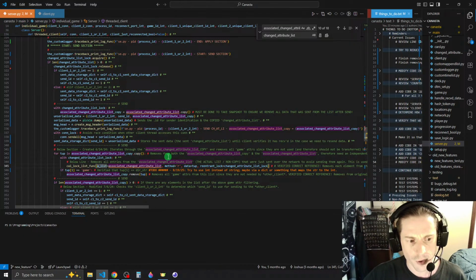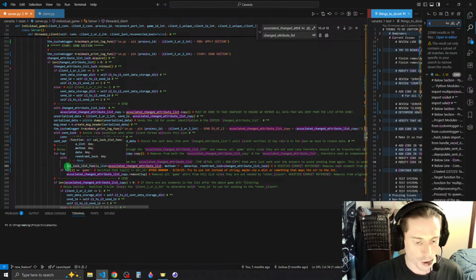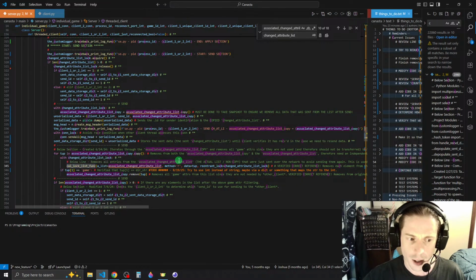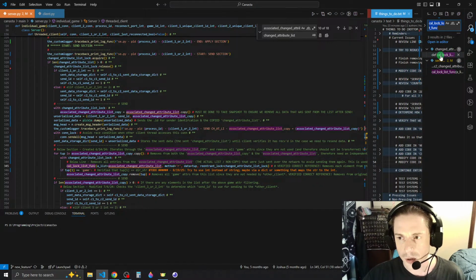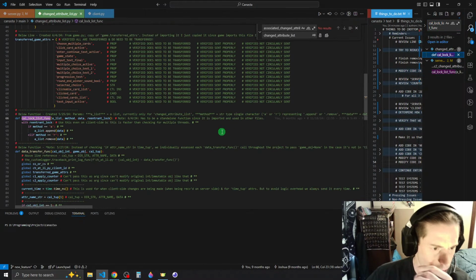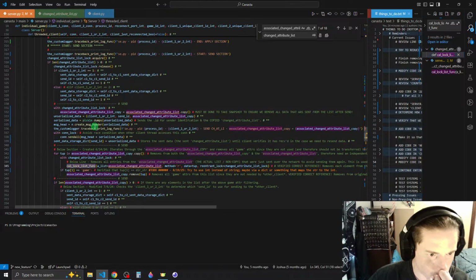Calloc list function. What does that do? It's been a long time since I looked at that. What is this? It takes in a list, method data, and a reentrant lock, and then uses the reentrant lock. So shouldn't we pass